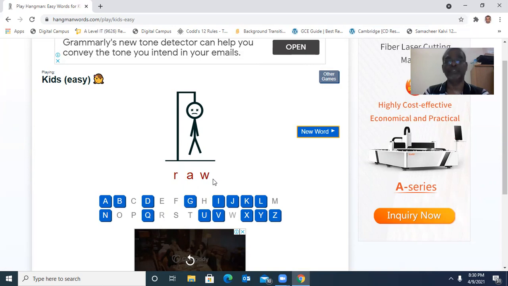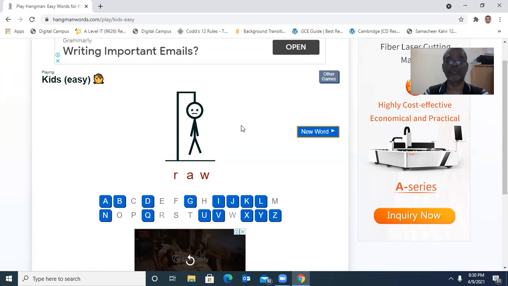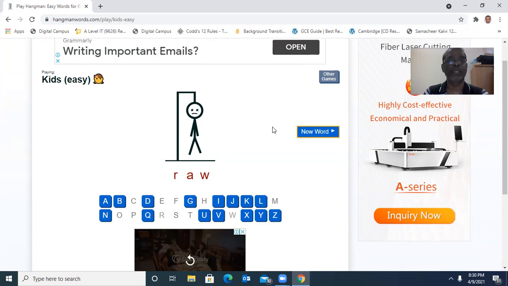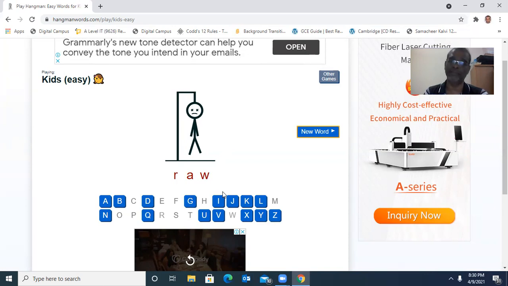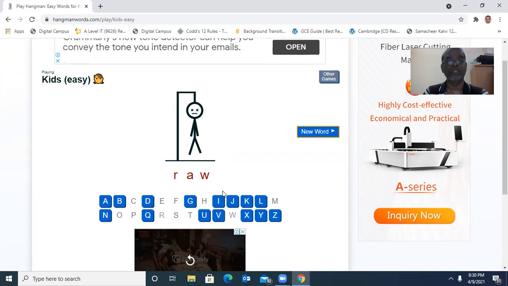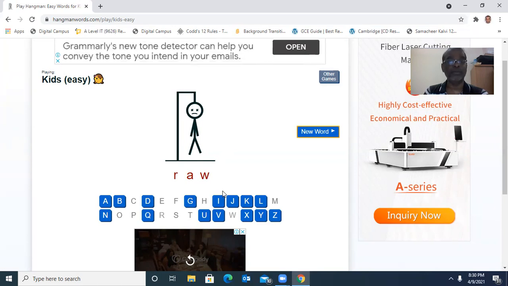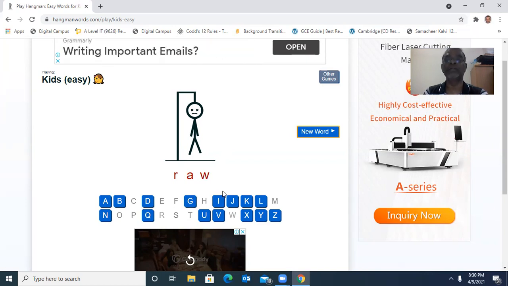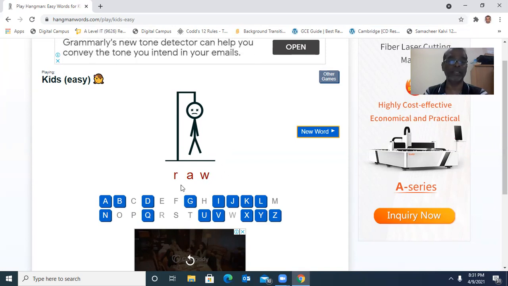So let's assume this is what we are going to write a program for ourselves. We are not going to do any drawing here. So one text box for displaying the word. Instead of keys, I want to have one more text box to type a single alphabet. So in the second text box, you have to type a single character. If the character you type is available in the guess word, it will be displayed in text box number 1. That is what we have to do. Now you understand the concept behind this Hangman game.